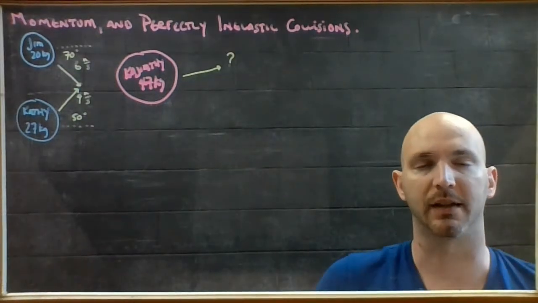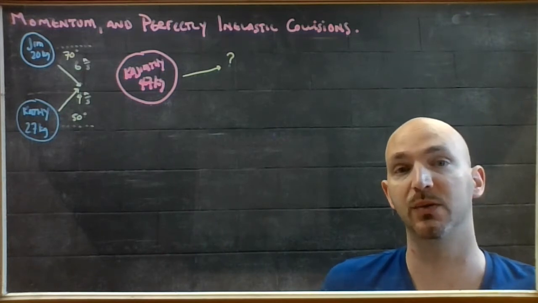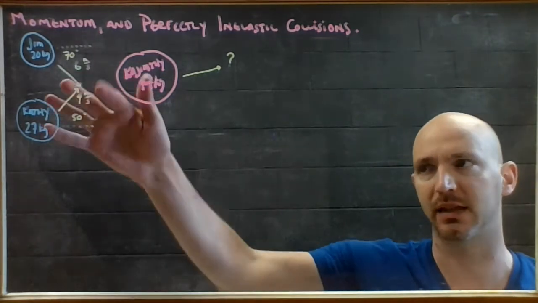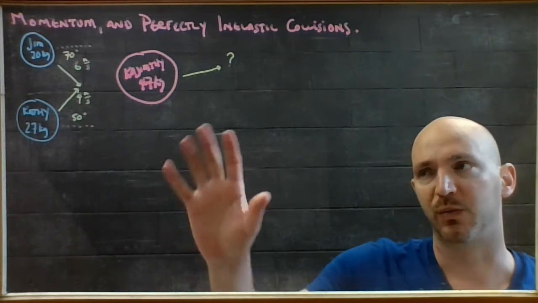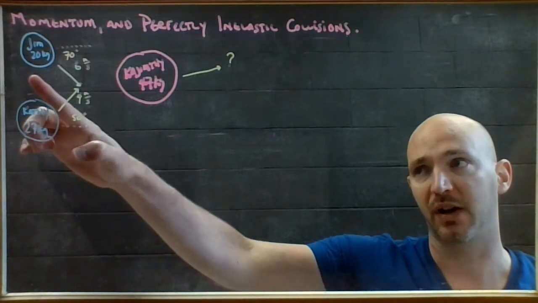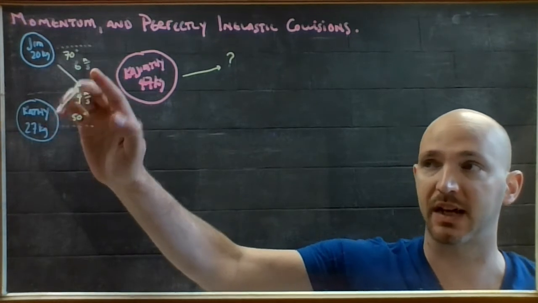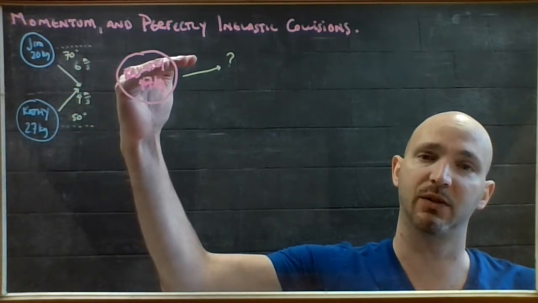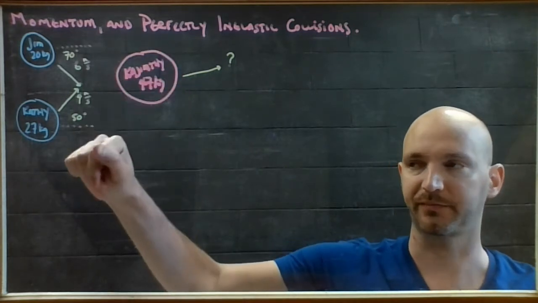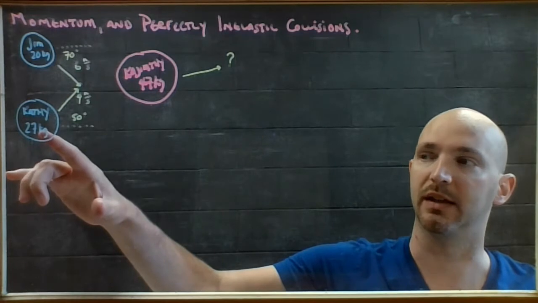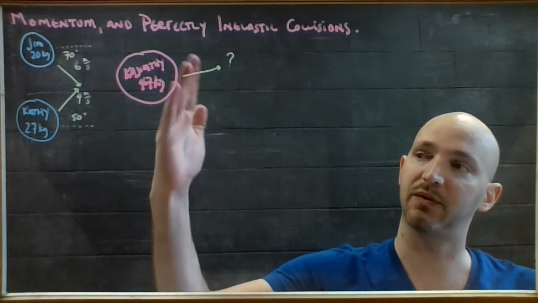So now that you've got a perfectly inelastic collision in one dimension under control, we're going to try them in two dimensions, which basically means that these two objects strike each other off axis. So just to frame what's happening here, we've got Jim, who has a mass of 20 kilograms, headed at 6 meters per second on an angle that is 70 degrees clockwise of horizontal. And we have Kathy, who is 27 kilograms, traveling at 4 meters per second, tipped 50 degrees